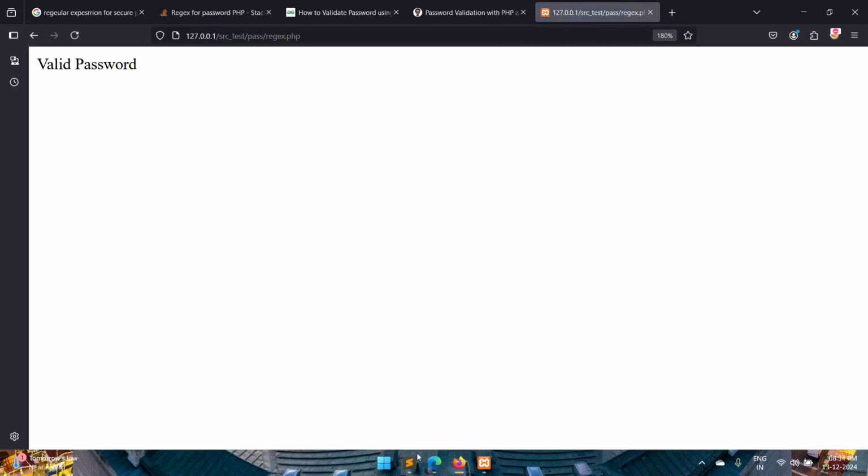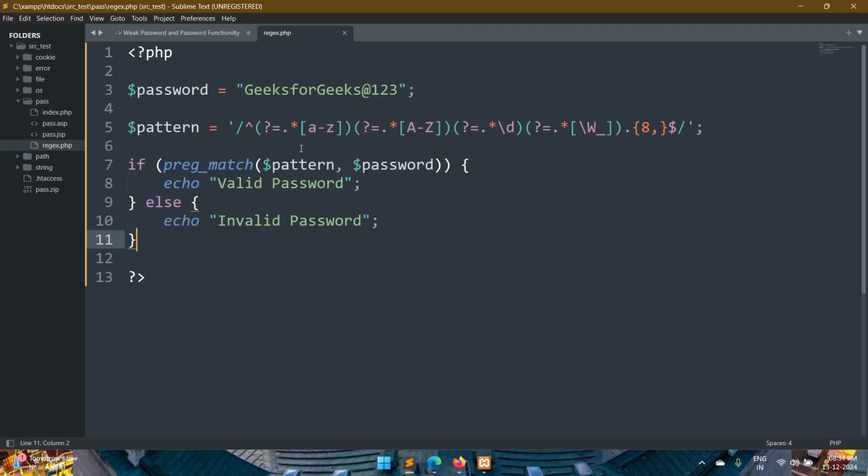So this is the valid password. What was our password? It is gigs for gigs at the rate 123. Alright, if I write hack,